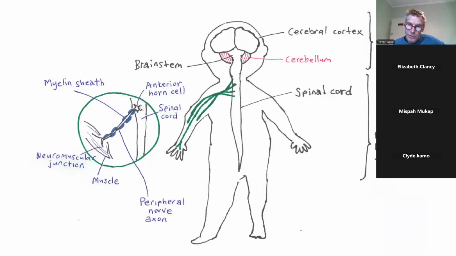The anterior horn cells are the major neuronal cells of peripheral nerves, and they start in the spinal cord. And the anterior horn cell is the cell body of peripheral nerves, and that's where